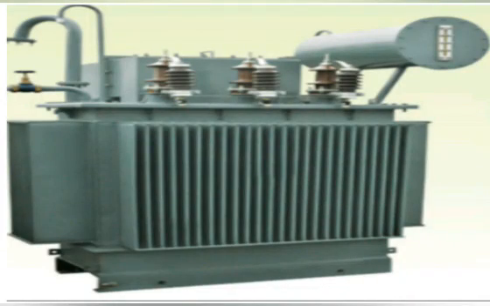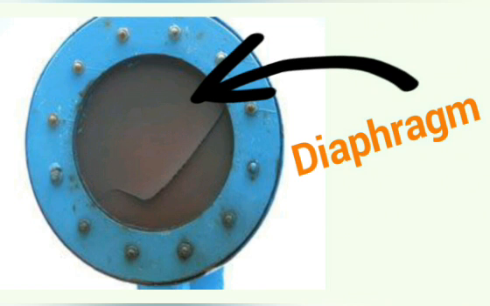To protect the transformer tank from explosion, the explosion vent is connected to the transformer tank and its level is above the level of the conservator tank and has some vent at its end, and is also provided with a glass disc called diaphragm. During heavy internal faults, the diaphragm is blown out and the oil rushes out of the explosion vent.